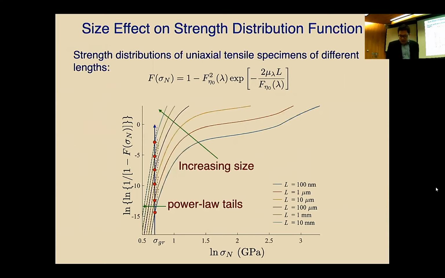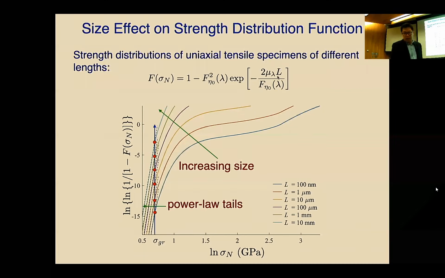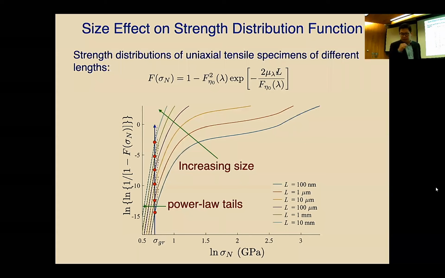All right. So I want to really focus on one consequence of this model, which is the size effect. Okay, so we try to look at what kind of stress distribution the uniaxial tension specimen has with different specimen sizes. So this is the equation that we use. You can see L is basically the specimen size. Now, just to show you the entire picture, I calculated the specimen size from 100 nanometers all the way to 10 millimeters, an enormous size range, and plotted